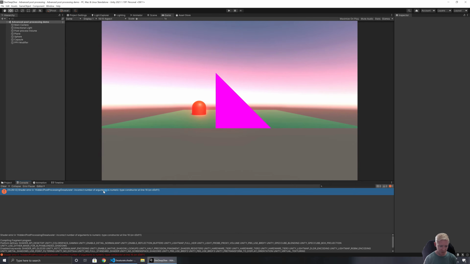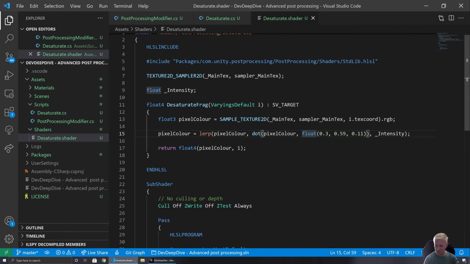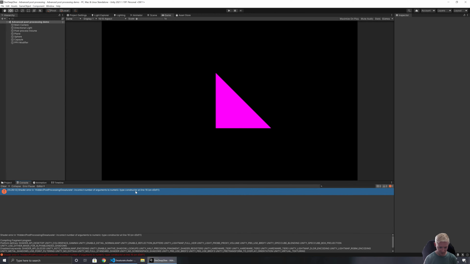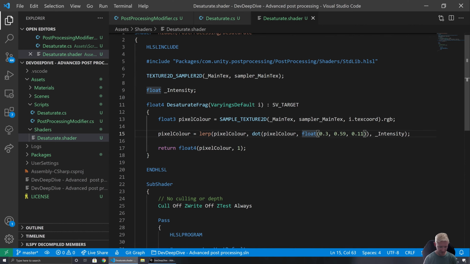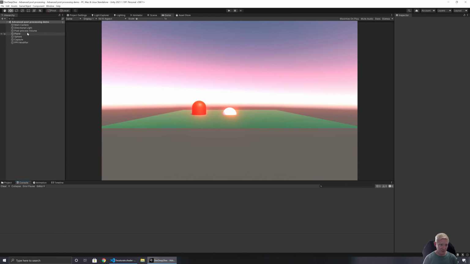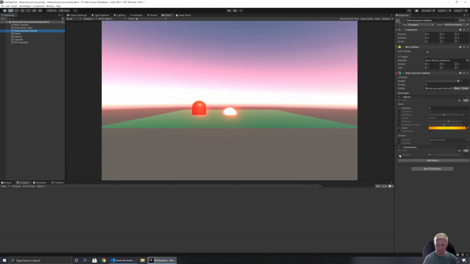Now, we do want to make sure that we've provided the right number of arguments. We have done our dot here, and then lerp as that. So we've got the particular ones right. That looks good. So it's for the numeric type construct. That's for this. We missed having the 3 in there. Very easy to miss. So if we select our volume, we want to overwrite the intensity and ramp up the